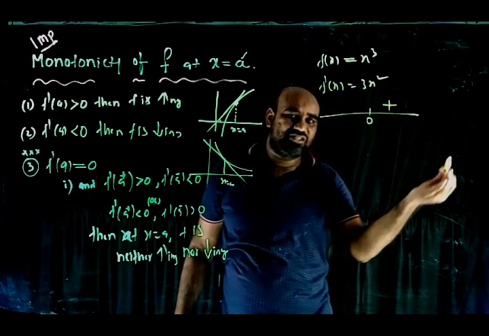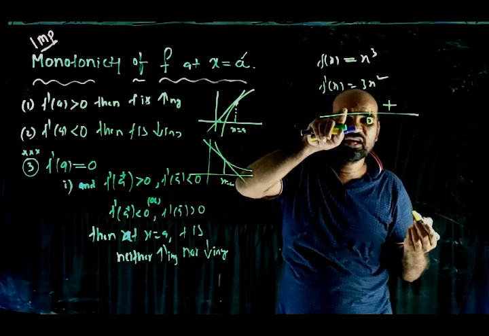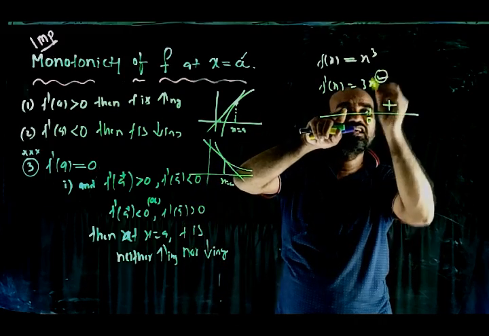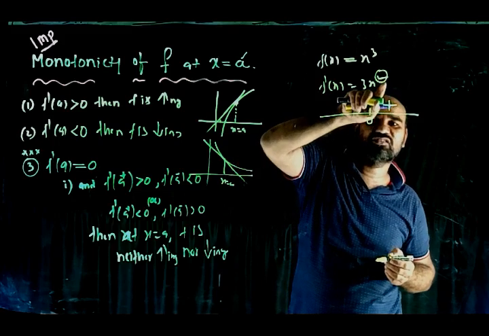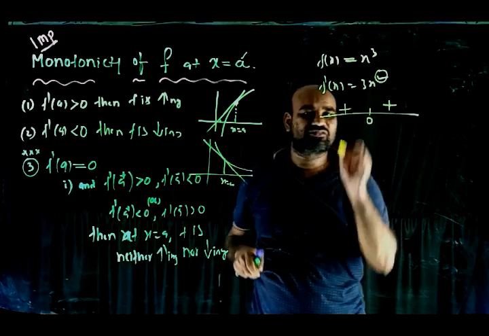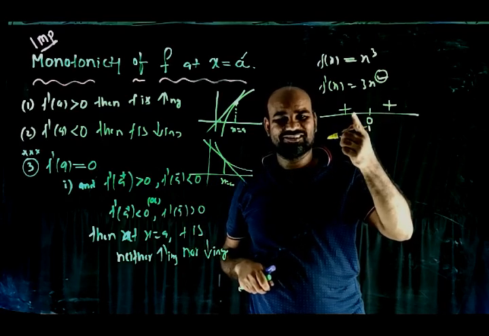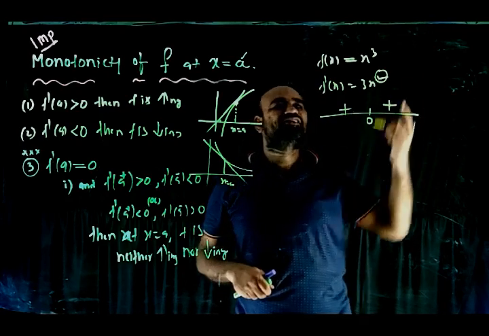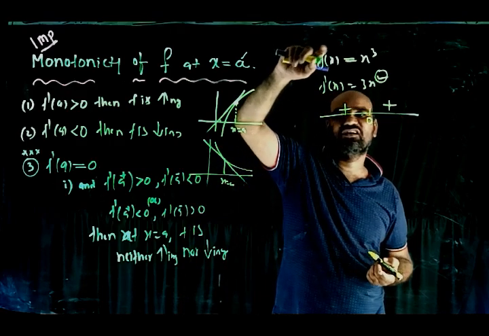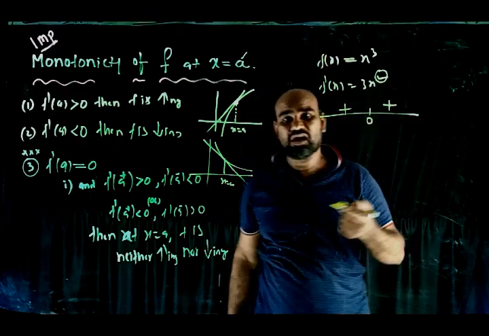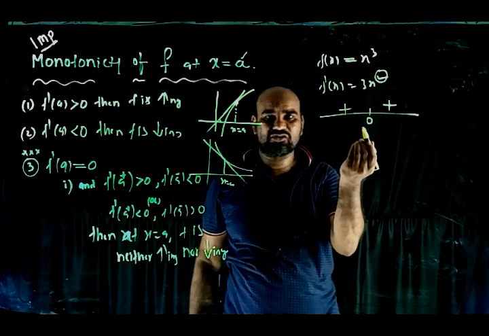0 plus positive. Here positive or negative depends upon the degree of x. Degree of x is even, again positive. This is plus, increasing. And the meaning is that throughout the interval, this function is an increasing function. The f of x cube function is increasing throughout. That is our conclusion here.